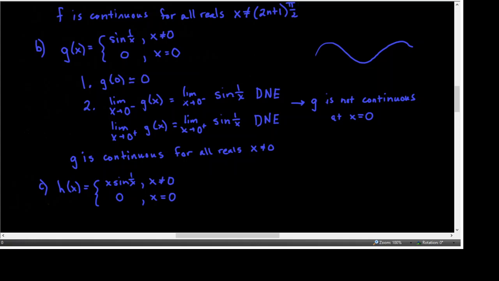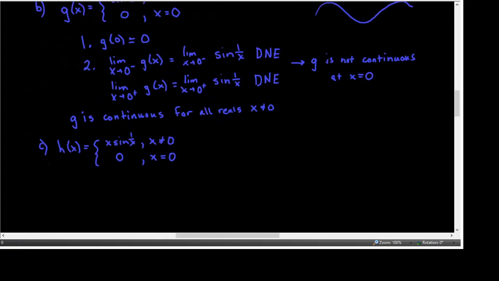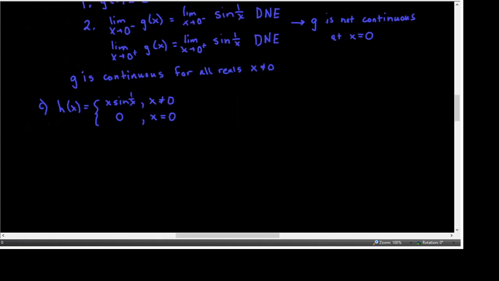Okay, so as we already established a minute ago, sine of 1 over x is continuous for every number except for at 0, because 1 over 0, of course, is undefined. So we can start with that h is continuous